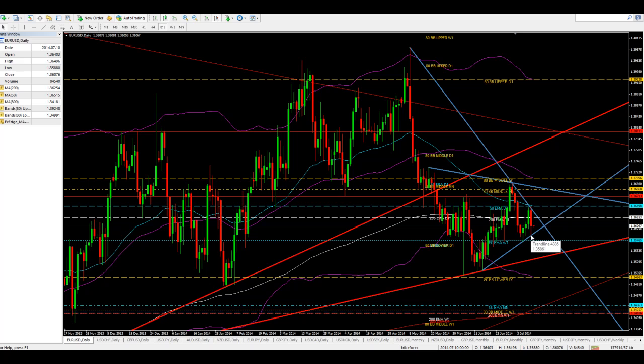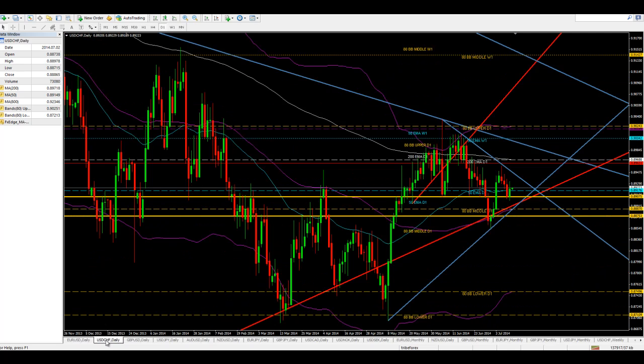And that's exactly what we saw today. So what we're looking for is more consolidation. We're going to look for more consolidation in the market going forward. So what does that mean for us? That means that we're most likely going to buy off of 135.91, and we're going to look to sell off of 136.37. Okay, so buy off of 135.91 and a sell off of 136.37. Okay, that's what I'm looking for on the euro dollar. It is a consolidation bias, so we're buying the lows and selling the highs.